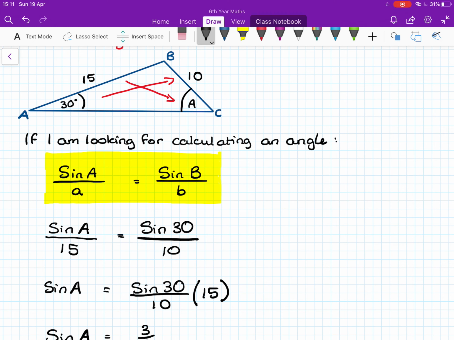So they're the two possible ways that we can use the sine rule. Very, very common, and it's always with non-right